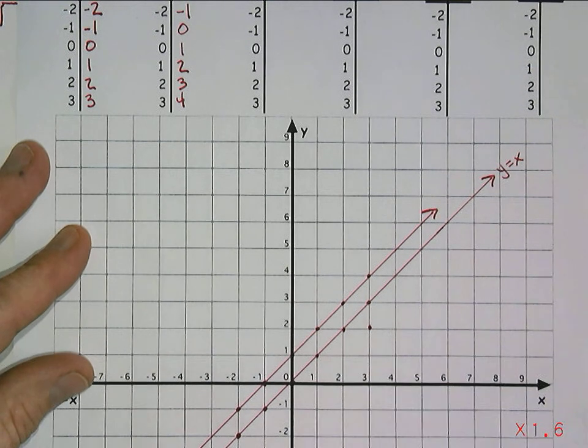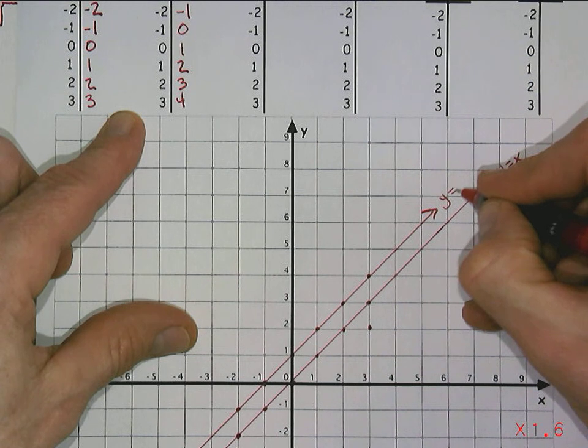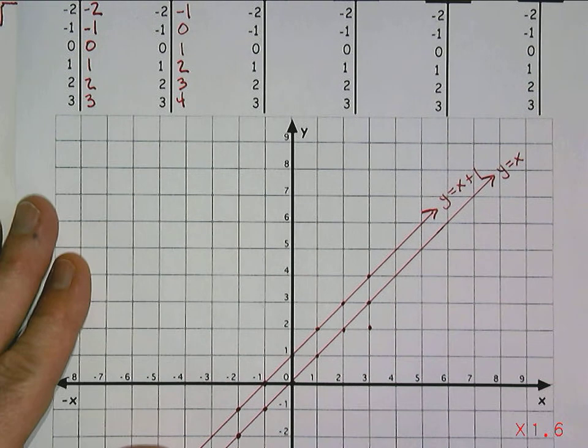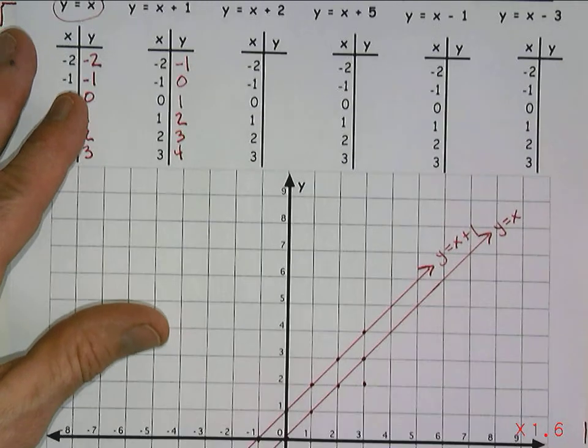And I can extend it further in either direction, but I'm going to stop there. And this is the line for y equals x plus 1. And there's more values going either direction on forever. And I can continue to do this. I'm actually going to jump over to